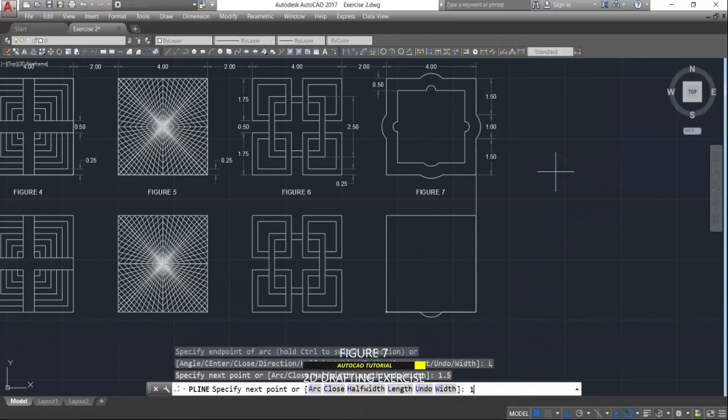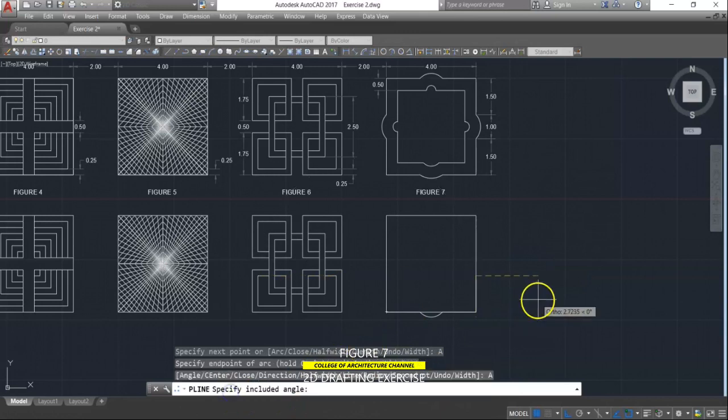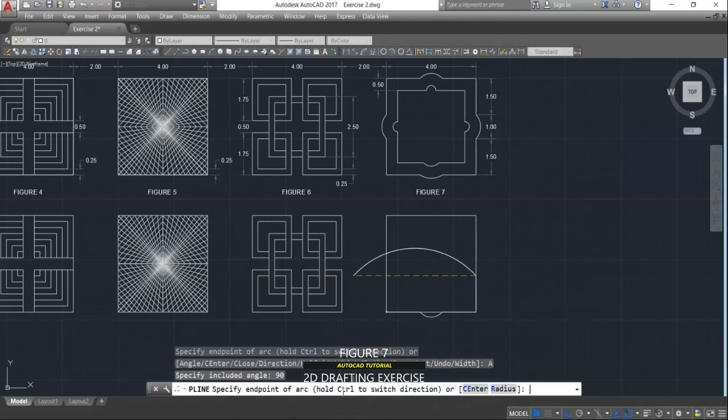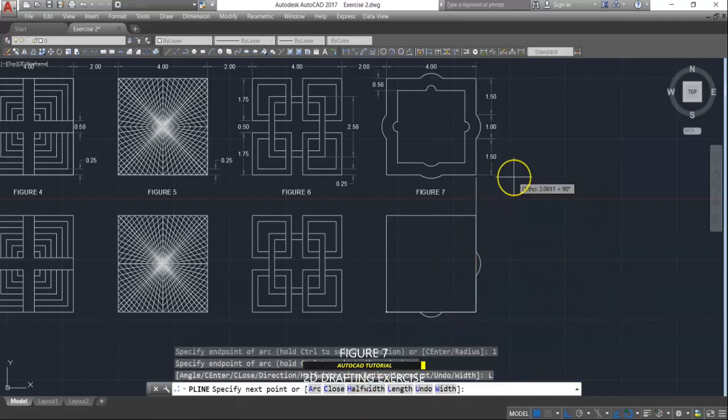Drag it upwards, type in 1.5, and press the spacebar, then select arc, select angle, type in 90, and we drag it upwards, type in 1, and select L again, drag it upwards, type in 1.5,